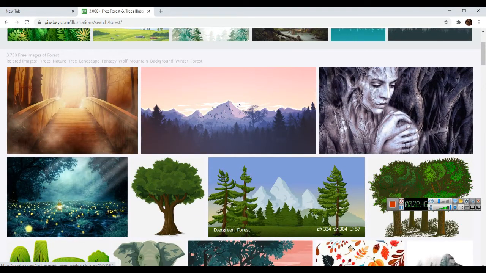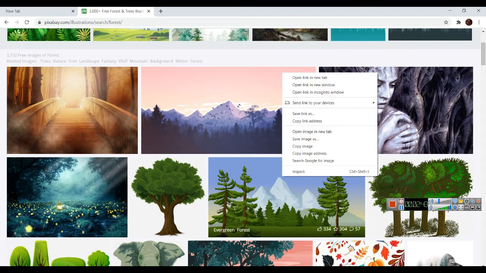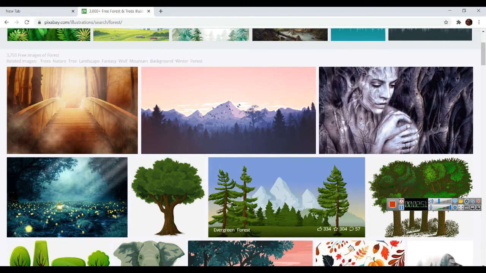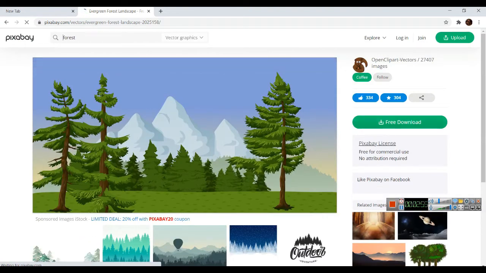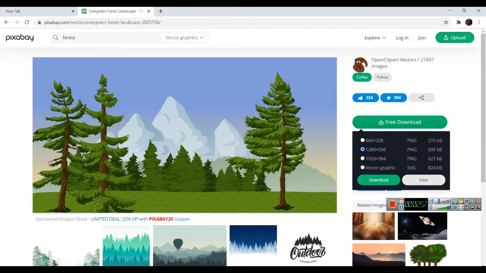Either you can download completely or you can just right click and copy image, or else if you click here it will give you options. See here, free download. But remember, for free download you have to first time log in with your Facebook account or by Google account. That's the first time, and then you can go for these options.